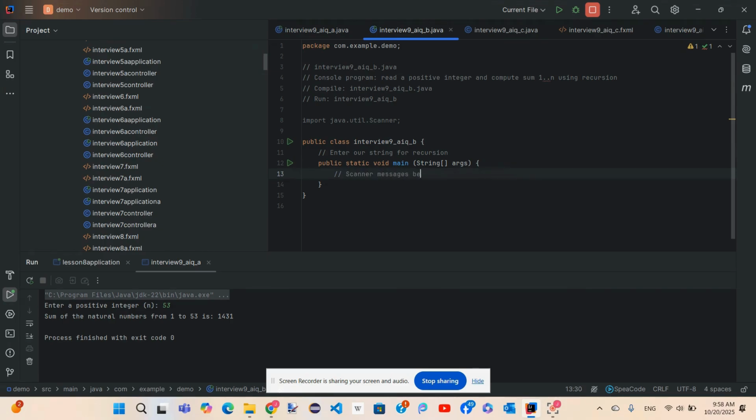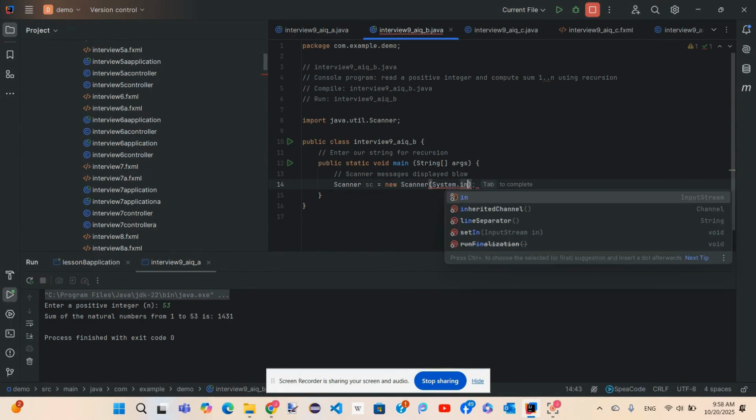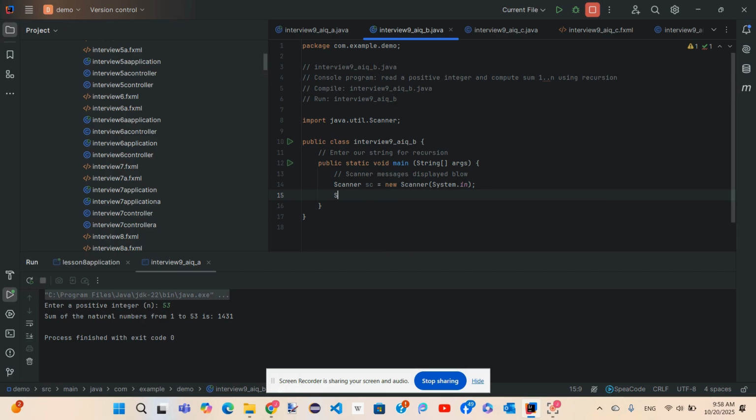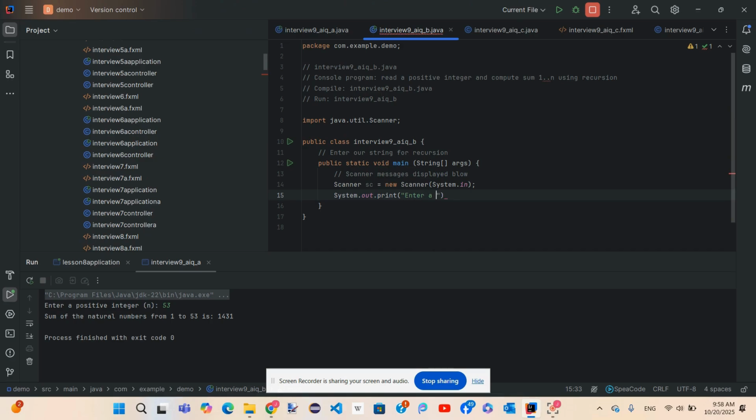Scanner messages displayed below. Scanner, System.in. System.out.print: enter a positive integer.